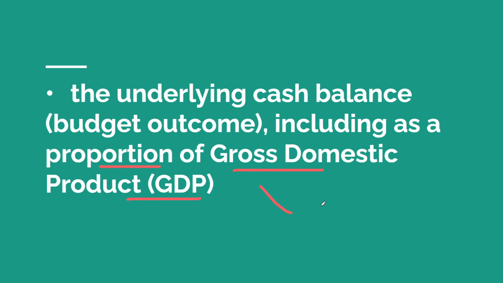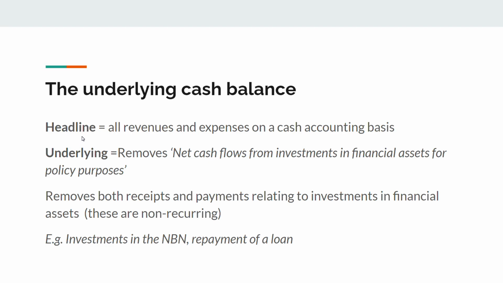So we're going to look at this measurement down the bottom in percentage terms and this measurement up the top in dollar terms. Okay, now you may recall the underlying and headline language, which we're going to look at here when we measure the underlying cash balance, sounds familiar because we've used it before when we were looking at the underlying and headline inflation rates. And the concepts or the theory is the same here. We start at the top with the headline, the head is at the top, and that includes everything, all the data, right? All the inflation data, the total CPI, or in this case, all revenues, which is all receipts for